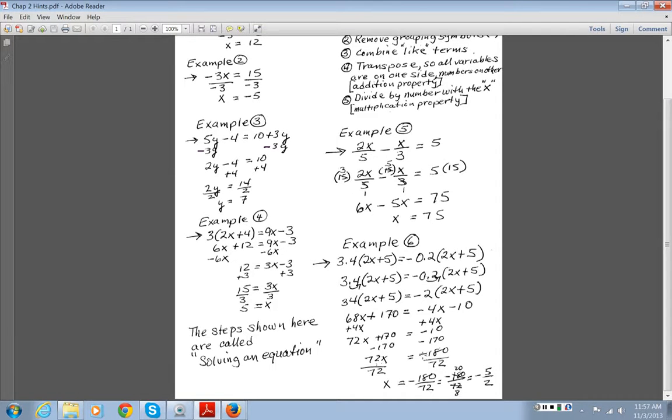And notice it's a positive 180 divided by 72, which I have here. And if you put that as an answer on a paper test, I would give you just 1 point off because look, you did all of this, but that's not the answer they're looking for because they want you